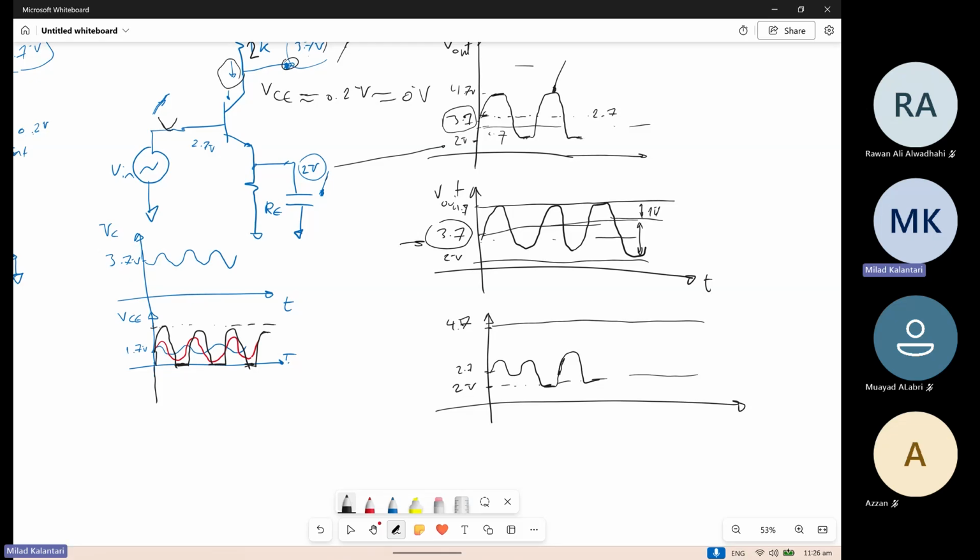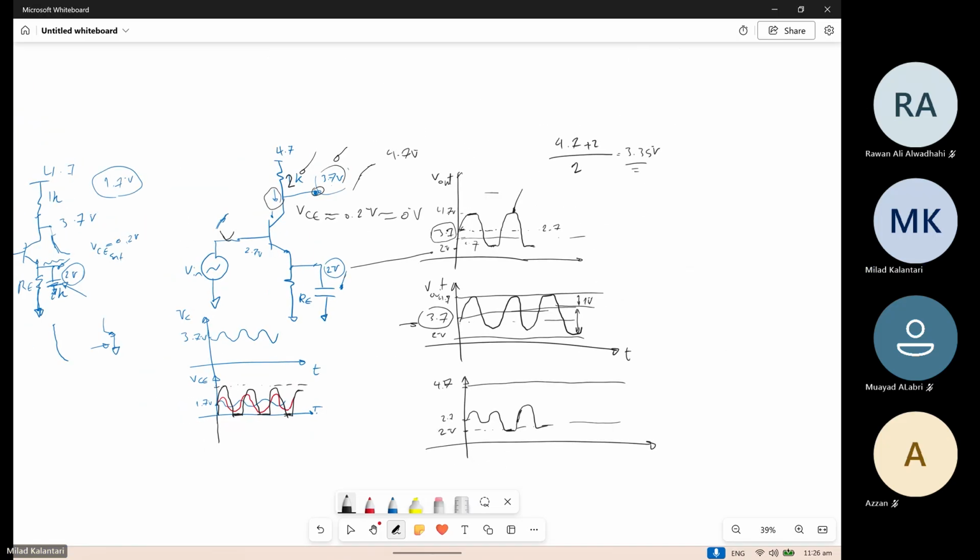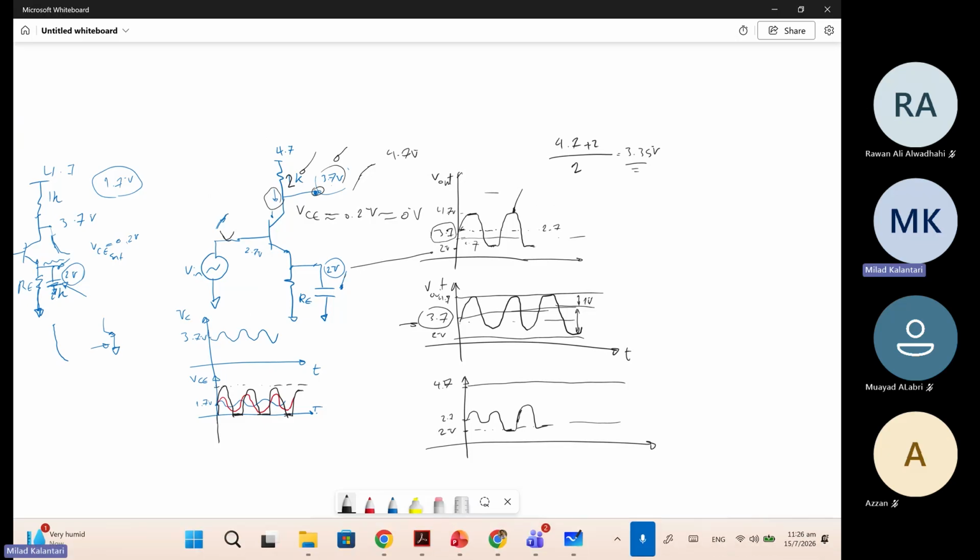So the best is always to try to bias the collector emitter so that the distortion happens at the same time from both sides. Is it clear? Right? Okay. So now